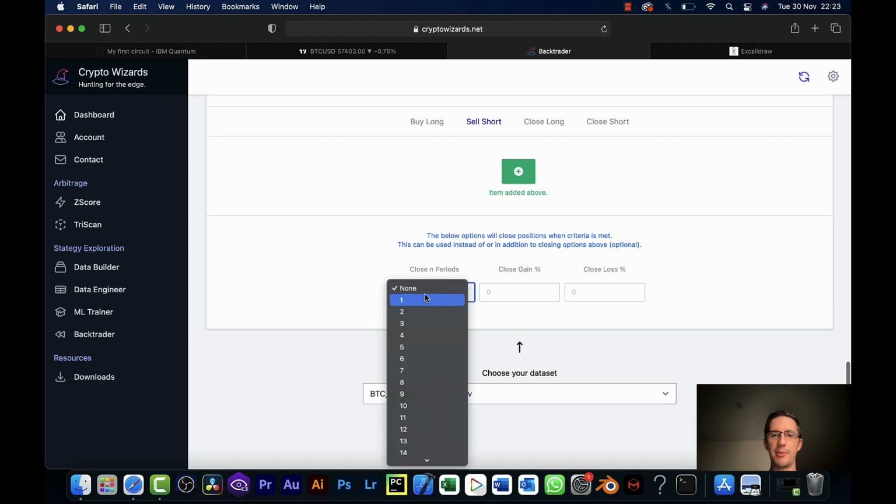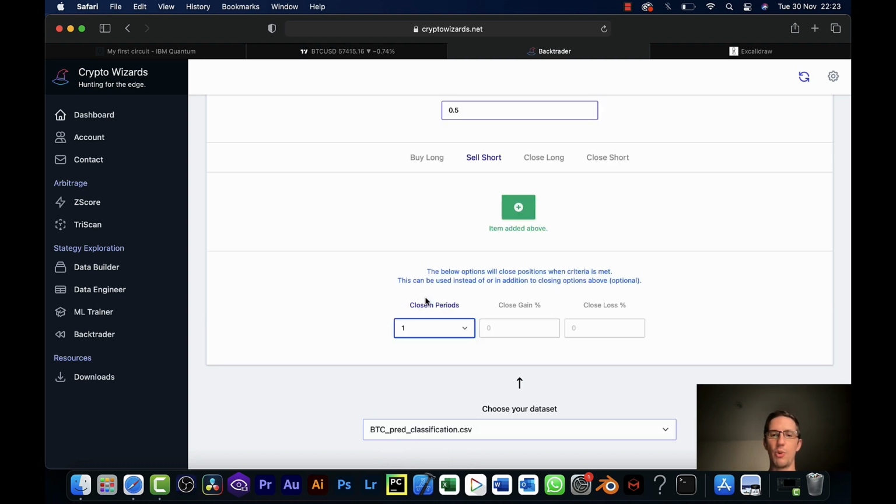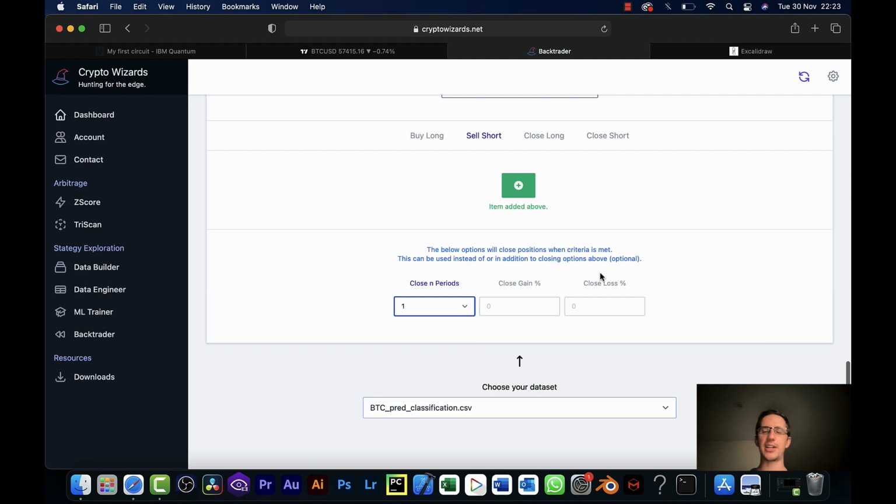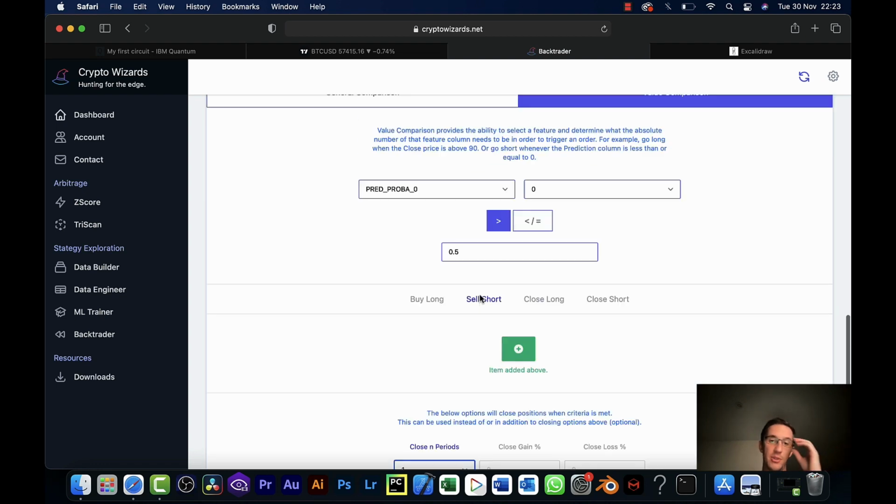And down here, for the close-end periods, I'm going to use 1. This is a catch-all for all trades, right? So for example, do I want it to just automatically kill a trade and close at whatever the price is in the next hour? Well, that's what I want to do here because we're trying to predict the next hour. So that's what I'm going to do. I'm going to add in this. I don't have to. I could add special closing conditions in, but I'm just going to use that.